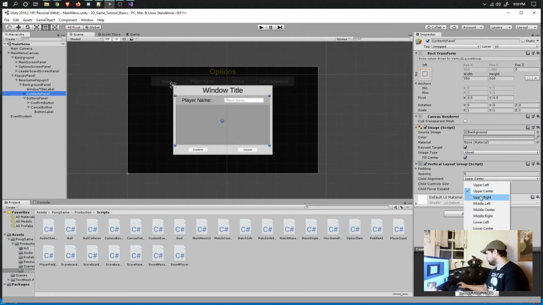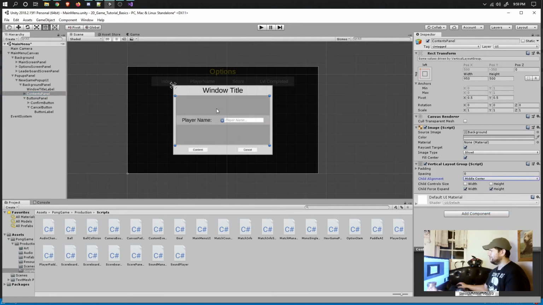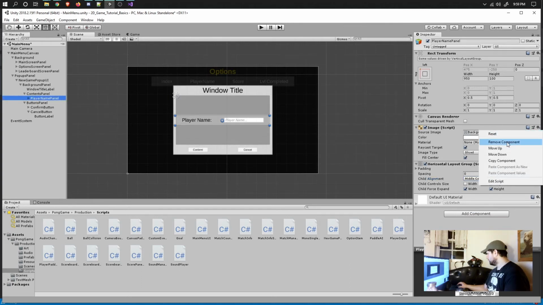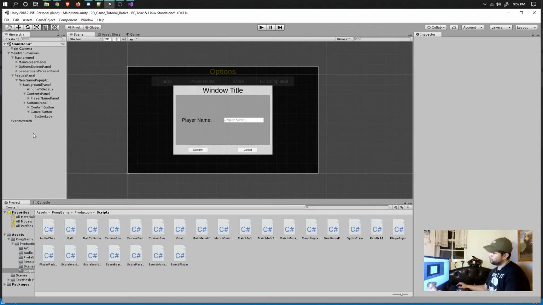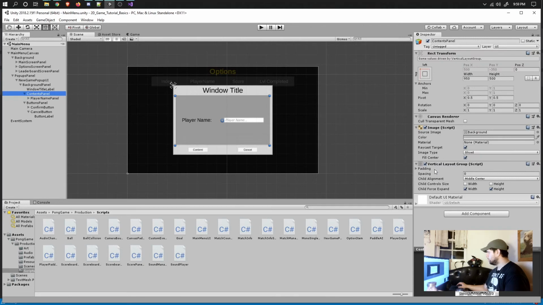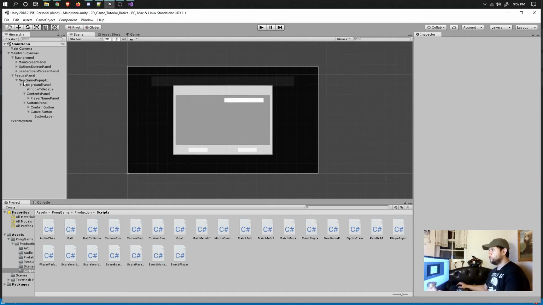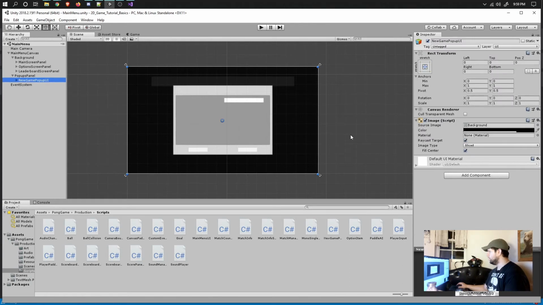And maybe we can have this in the middle. How does it look in the middle? Let's get rid of this image. Remove. I don't know. You guys can decide on yours, but I think I might leave it up there. Who knows? All right, so in here, in the game, new game pop-up UI object, we're gonna put in our